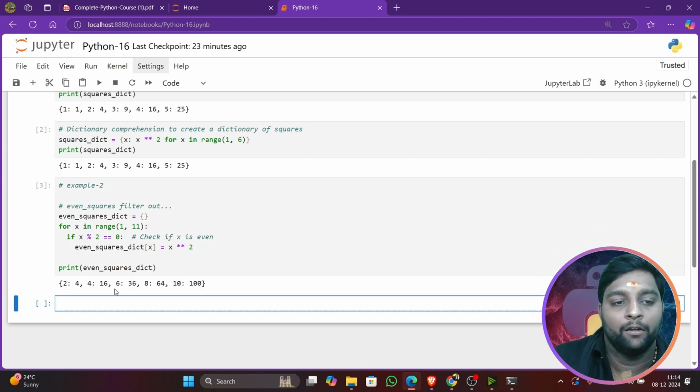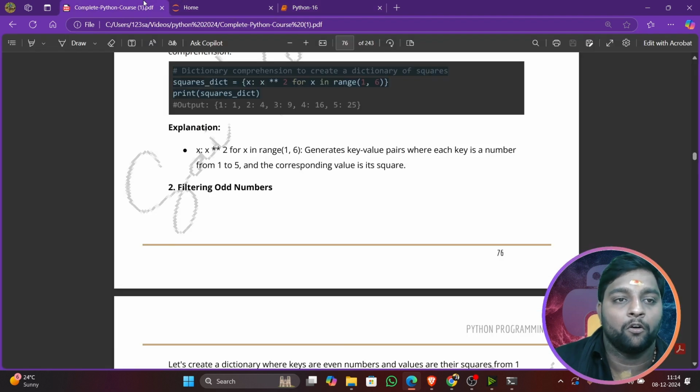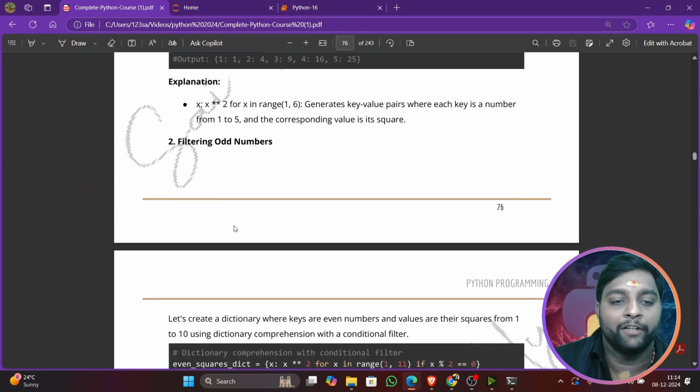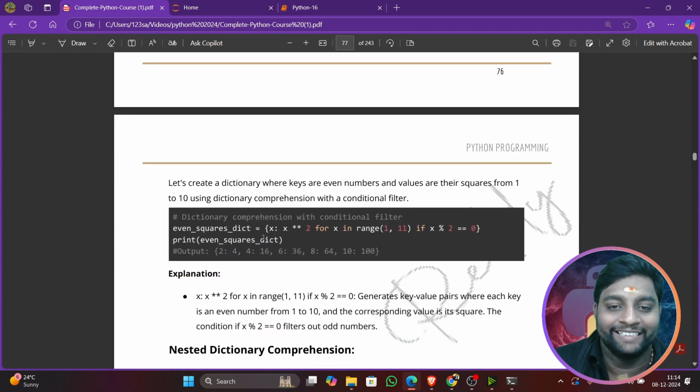Now you can see here for 2, 4 for 4, 16. So these all are even numbers. Okay, 2, 4, 6, 8, 10. Now, it's even square filter out, you can say. Actually, we are filtering odd numbers, not even numbers. Okay,